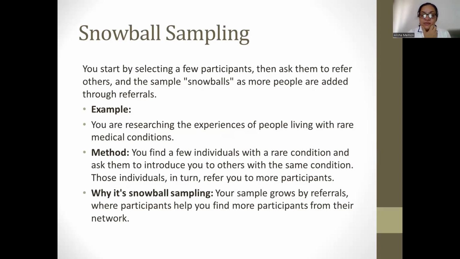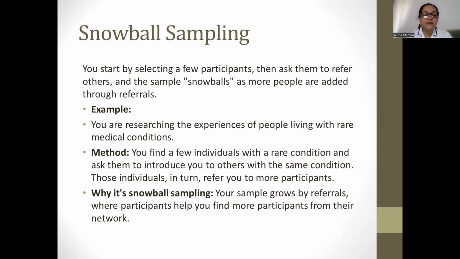Coming to snowball sampling, which is the most preferred by undergrad students or very basic research projects where we have to do surveys of prevalence, especially when it includes a population who can fill forms by themselves. So you start selecting a few participants, then ask them to refer others, and the sample snowballs as more people